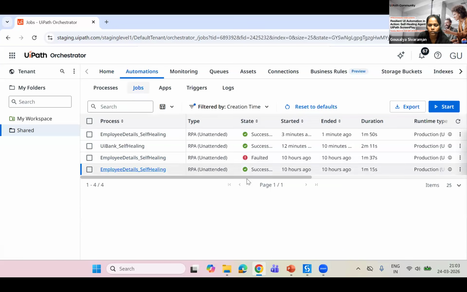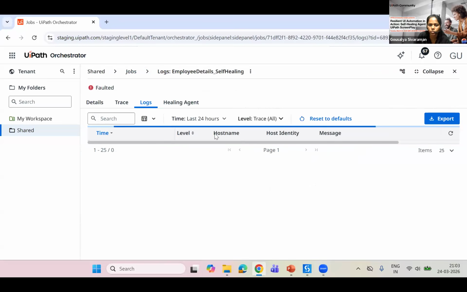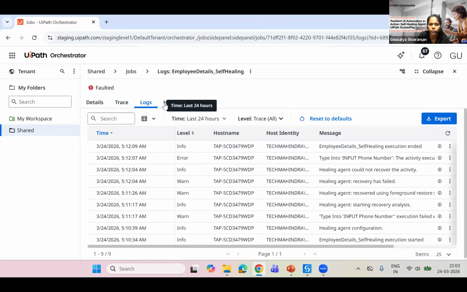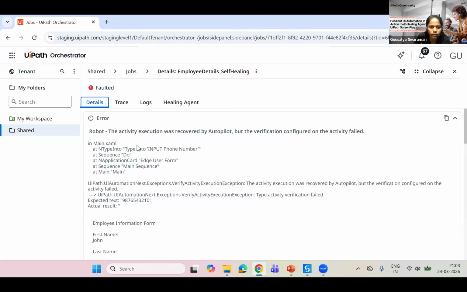So this is the logs of that job. Actually the job got faulted because of multiple pop-ups. I'll show the logs and then the healing agent behavior. Yeah, actually here if you see I